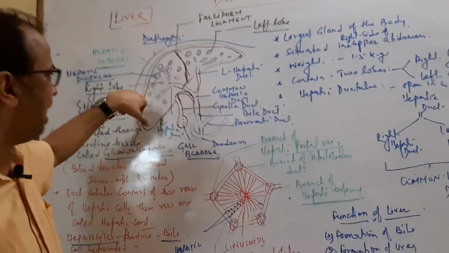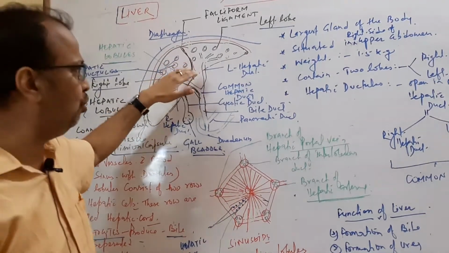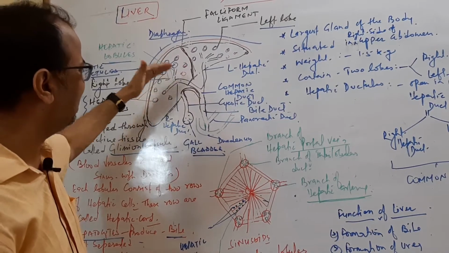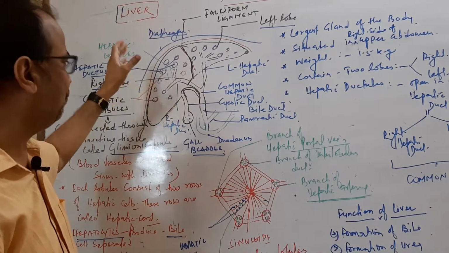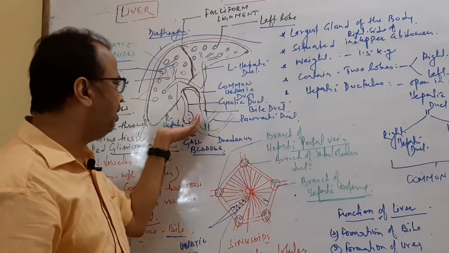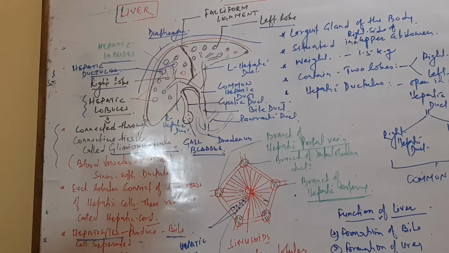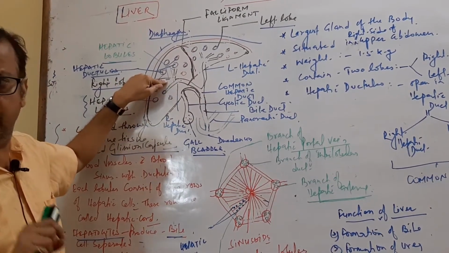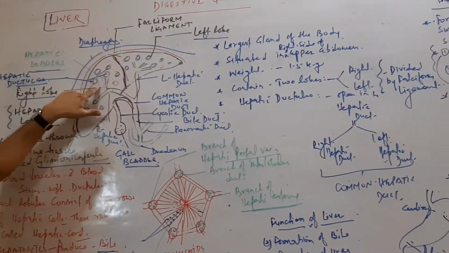Inside the liver, lobules are present, where the hepatocytes are present that form and secrete bile, and store bile in the inferior region of the liver called the gallbladder. Here the lobules join with many ductules called hepatic ductules.